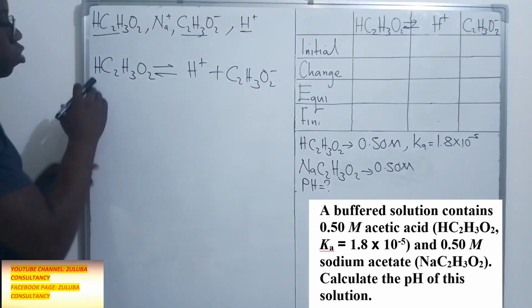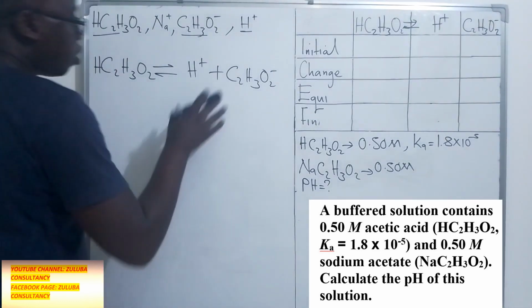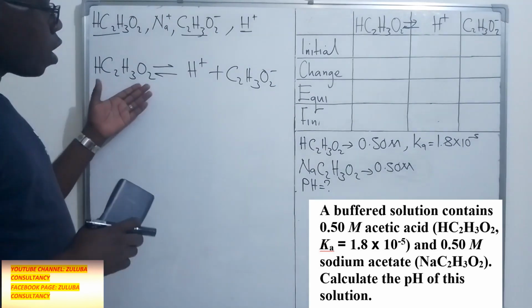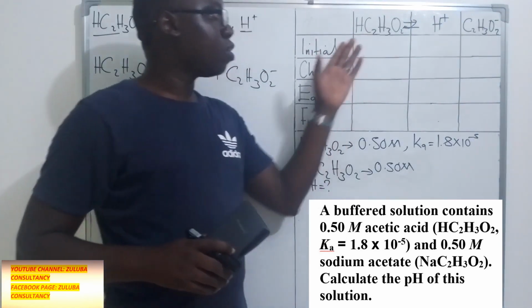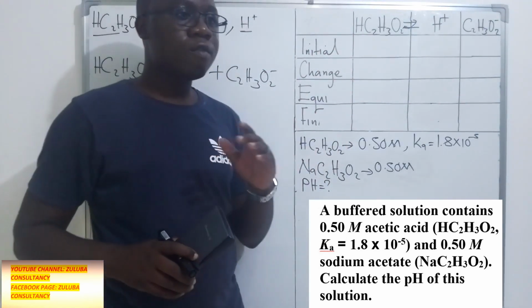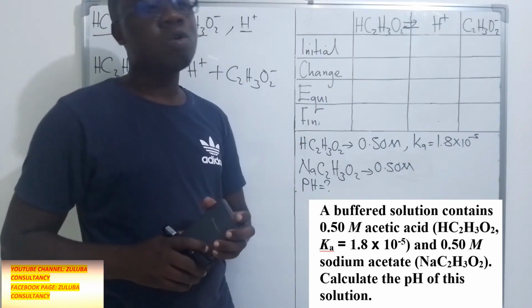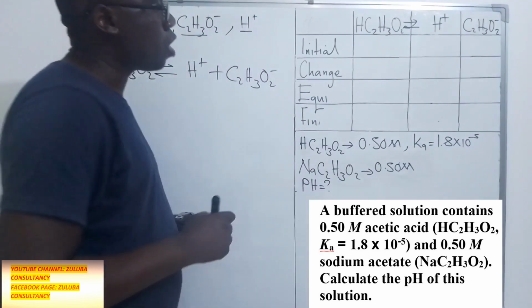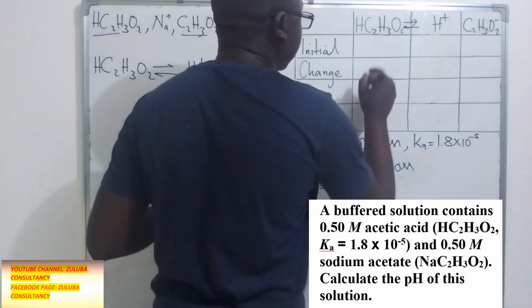Basically, we are interested to know how acetic acid dissociates to form these two ions. Now, we are going to come back to this. Let's start by analyzing the information that we have in relation to this table, which is under chemical equilibrium. According to the information that we have been given, the initial concentration of acetic acid is